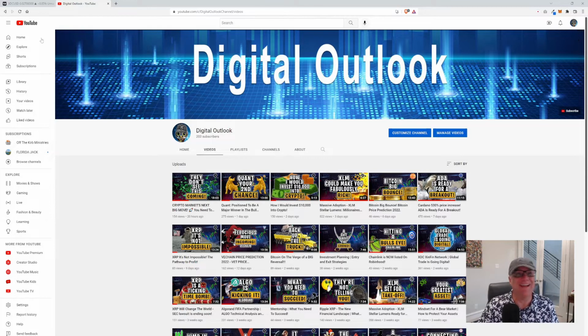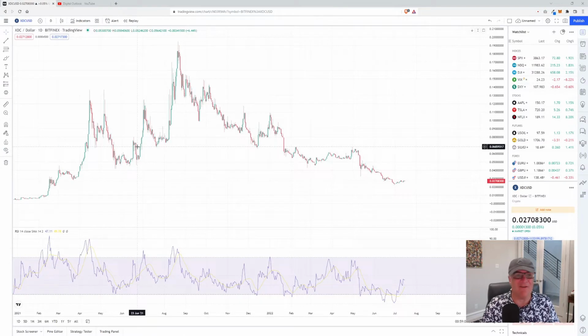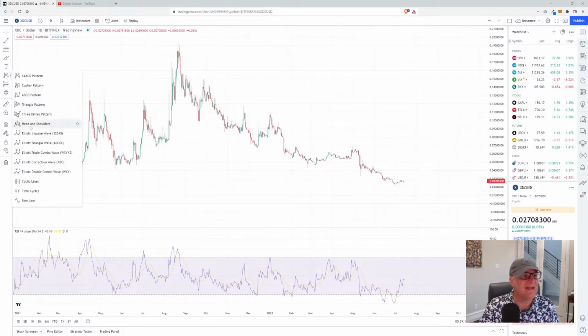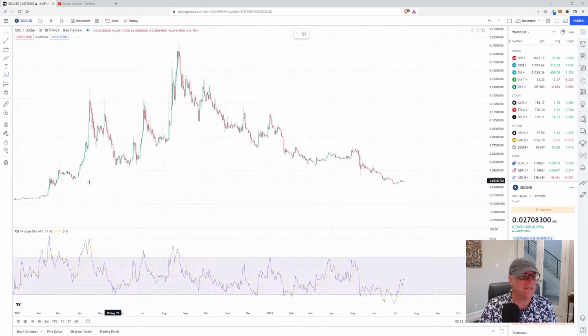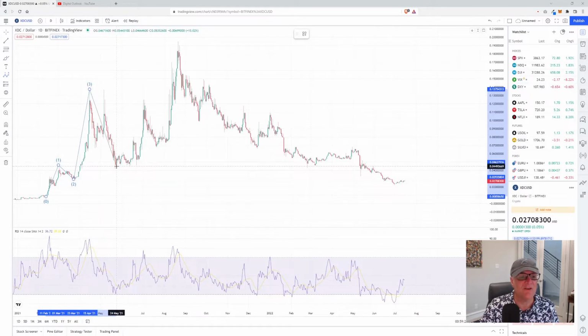All right. So guys, here we have a beautiful chart as far as I'm concerned on XDC. Now guys, as we all know, over the last year and a bit, XDC did what a lot of these coins had done. We just went through this massive impulse and correction. And so there was our one wave, there was our two, there was our three, here's our four, and there's our five wave, all the way up at that tip top around that, what, about 19-cent range.